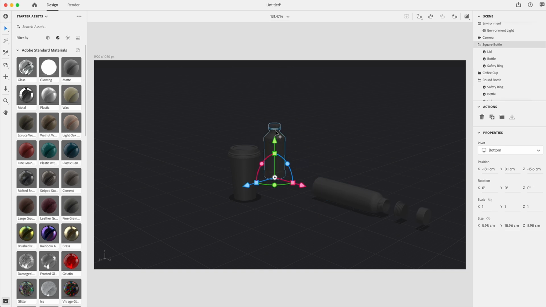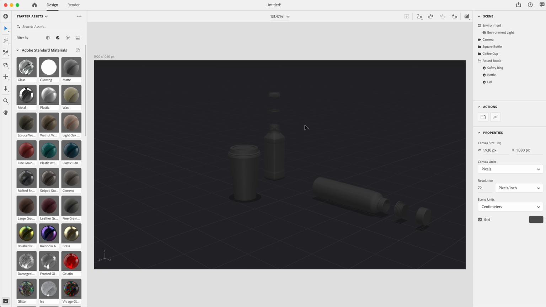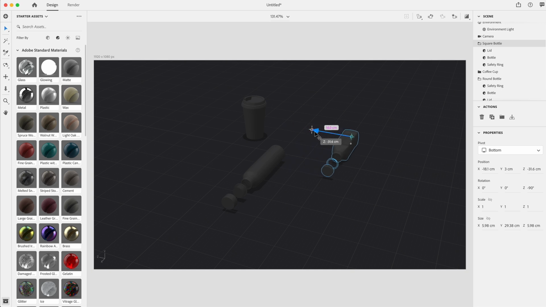I'm going to do the same thing with the square bottle, just grabbing the lid and that safety ring and just expanding them up on the Y-axis. And once again, grabbing the bottle and rotating it 90 degrees on any axis, it doesn't really matter, and snapping it to the ground. To build out my scene, I'm just going to grab one of the bottles and put them side by side